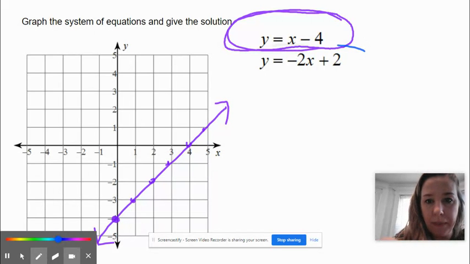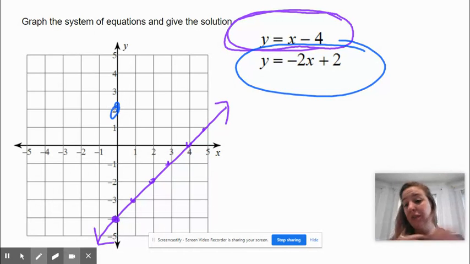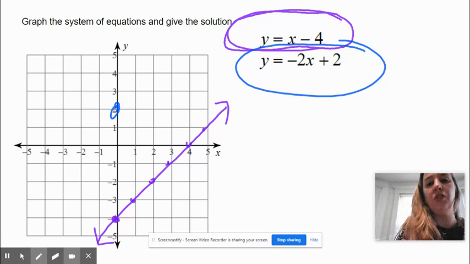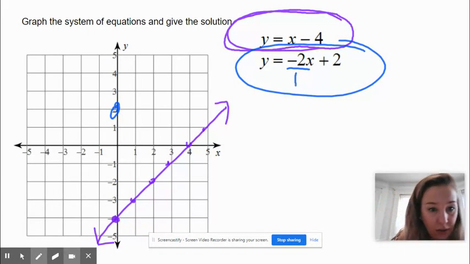Blue. Okay, let's do blue for this one. My y-intercept is +2. Awesome. My slope is -2. So I'm going to stick that over 1 because I'm not really changing anything mathematically. -2 divided by 1 is still just -2. I didn't change anything. But now I have a rise over run. Now my rise is negative. So that means I'm not really rising as much as I am falling. Down 2,